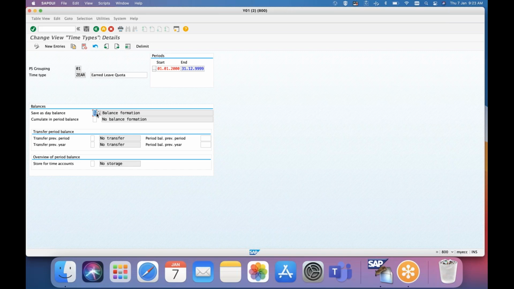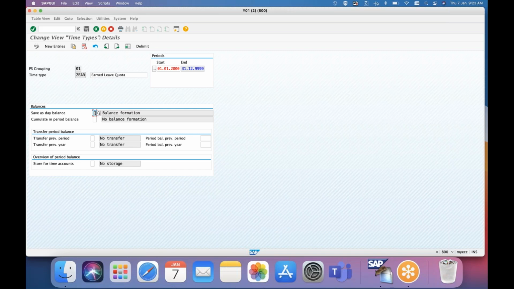Now going forward, we will work on probation. No company will credit the quota on the very first day of the hire date. They will update the quota only after confirmation. So if I joined on 10th of January, my probation may end on 10th of March, and on that day also I have to credit the quota.